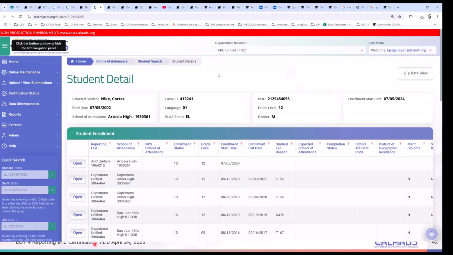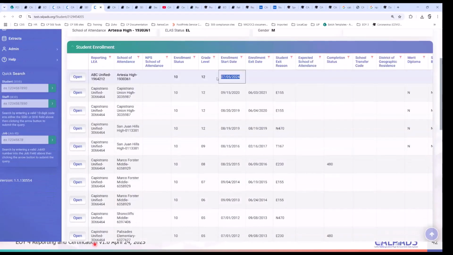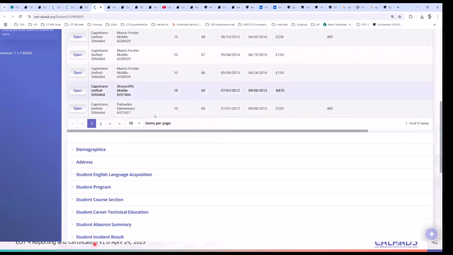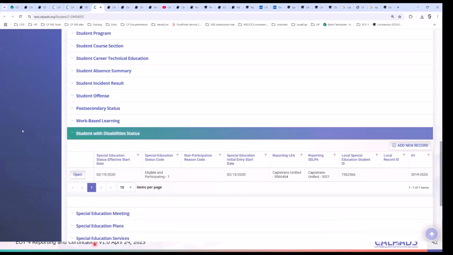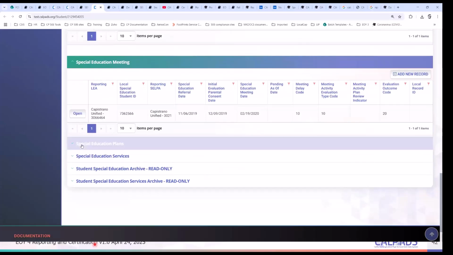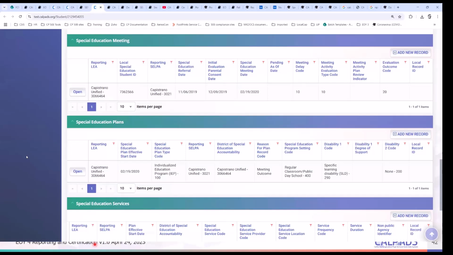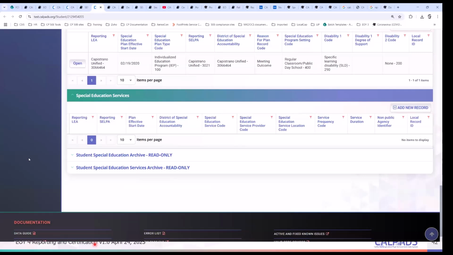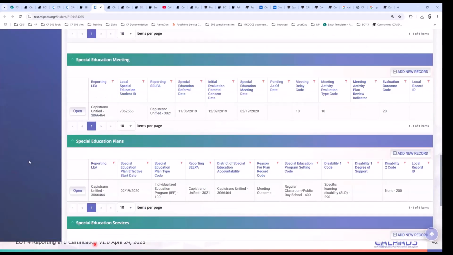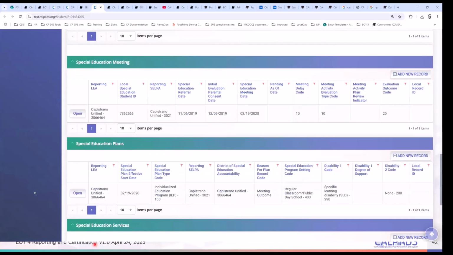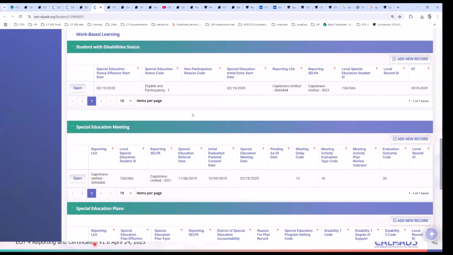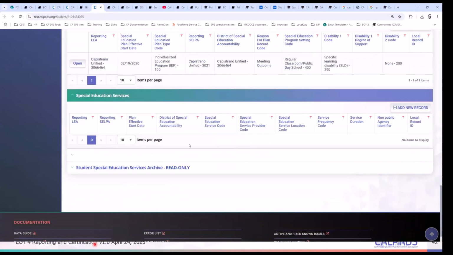So we have Nike Cortez enrolled on July 5th this year. And if we go to the student with disabilities, education meeting, plan, and services. This was your student, Nate, the one that you presented earlier that has some sus records. Yeah. The record is sus. There's some process flow for our LA that is mid. I'm just reminded of my kids' language these days.